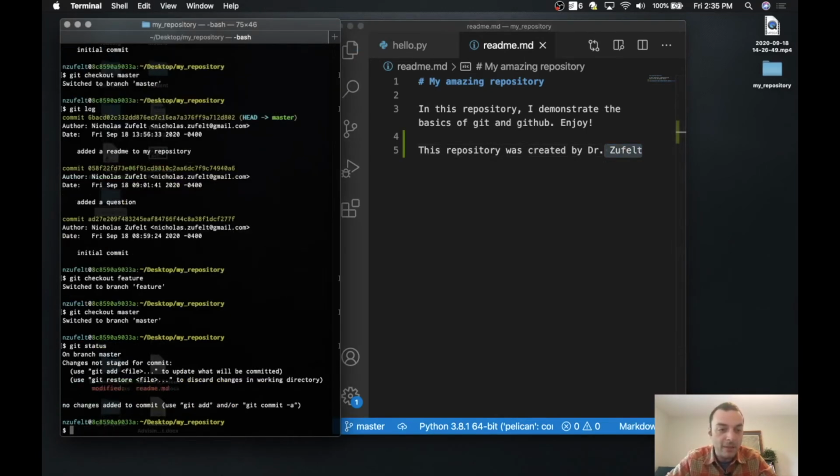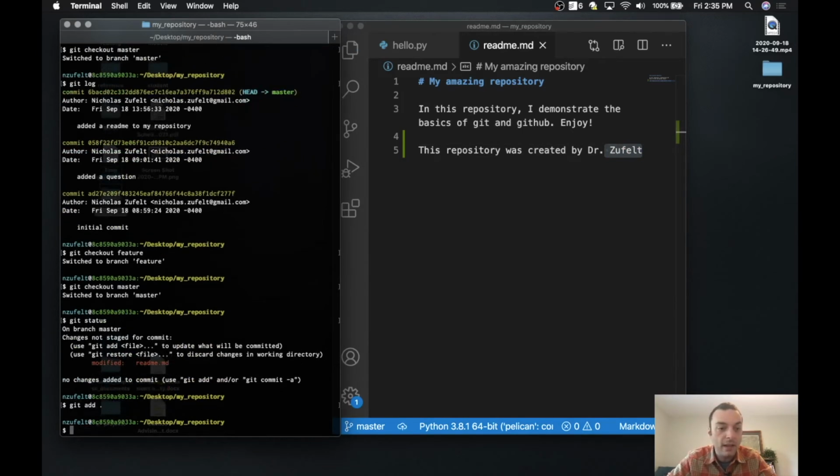You don't have to do git status, but I always like to do it just to make sure that things are behaving the way I expect them to. git add dot, git commit dash m, and this is going to be C5, and I'll call it